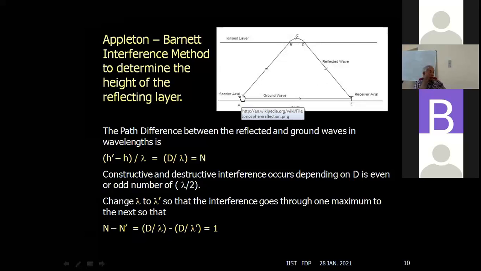Monostatic means the transmitter and the receiver are at the same site, and bistatic radar means transmitter and receiver are separated by some distance. There are two ways to find out. Of course, the signal gets reflected from the conductor back to the ground. This is a long distance propagation. So you know the base distance between your transmitter and receiver. So you have to find out the vertical distance. That can be done in two ways. One is if you know the angle of arrival of the signal,